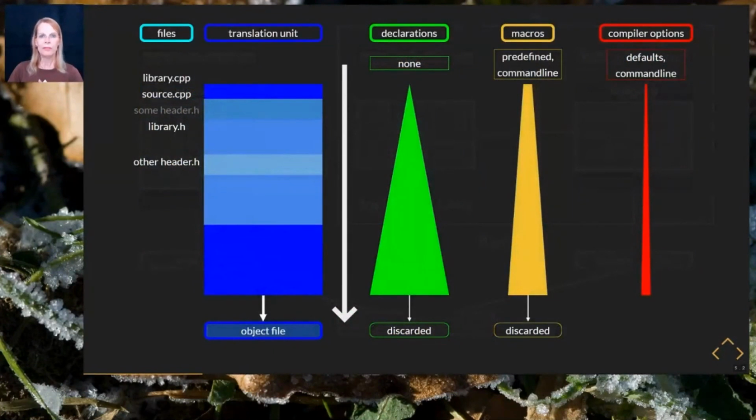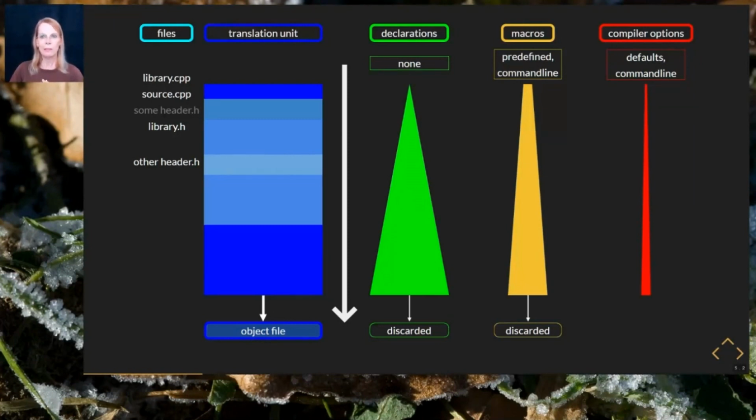The compilation of a TU starts out from a given compiler state as set up from the compile environment, like compiler flags and macro definitions, and it starts with an empty set of declarations. At the point that the library interface header starts being processed by the compiler, the compiler state may have changed by all of the stuff the compiler has already processed so far. The compiler state at that point may be different in different translation units, giving rise to different interpretation and meaning of the literally identical C++ text in the interface header.